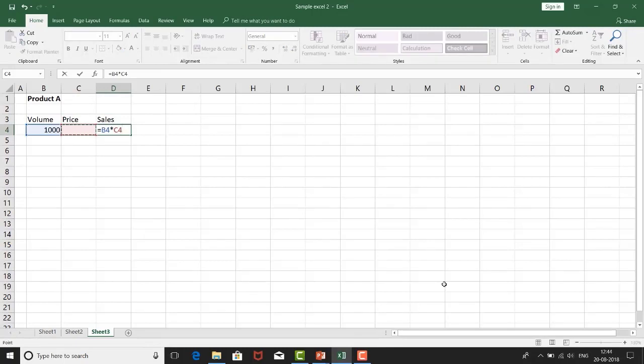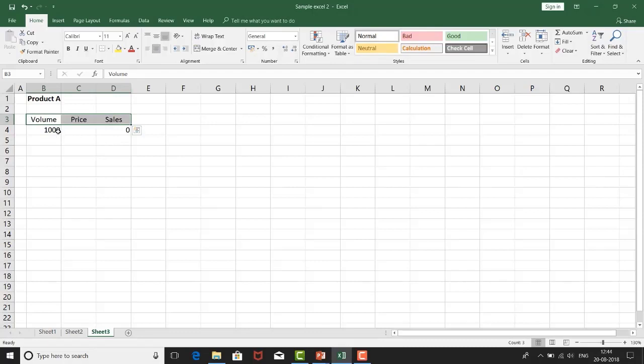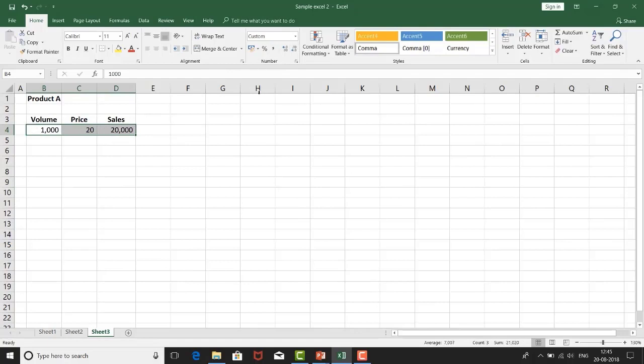So this is a simple formula I am using where I am multiplying two numbers, and as you can see the X sign is the sign for multiplication. Right now we have not entered the price. Once we enter the price, our sales number will come up. Let's say our price is 20. Okay, so basis this we can see that our revenue